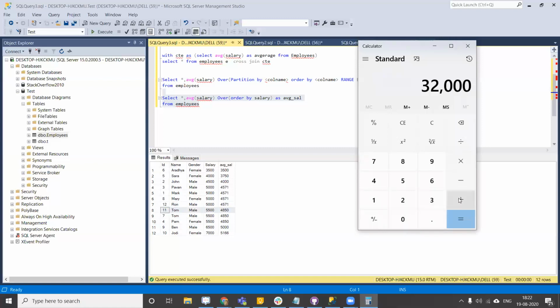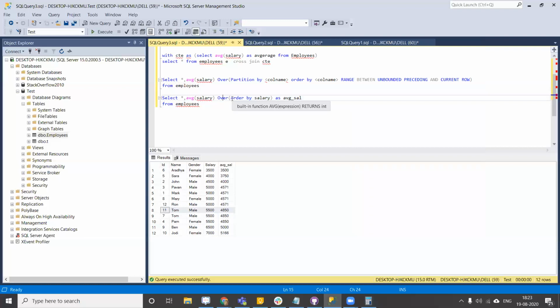32,000 plus, here I have 5,500 for 3 records, so 5,500 plus 5,500 plus 5,500, which is equivalent to 48,500. So how many rows? These are 10 records, so the average is 4850. Okay, so that is the current behavior which we are actually seeing with OVER, and then simply specifying order